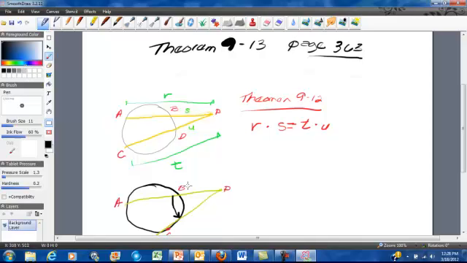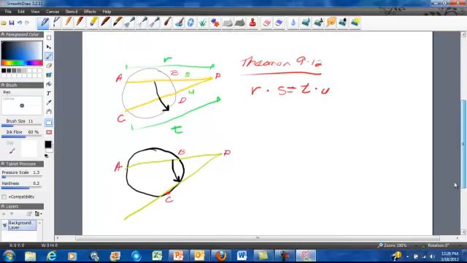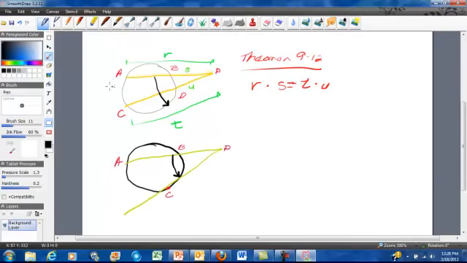this secant, like right here, if we keep migrating this to the point where this is now a tangent, then what happens mathematically is that length U becomes more and more dominant, because CD, if you look at this, becomes smaller and smaller and smaller. So Theorem